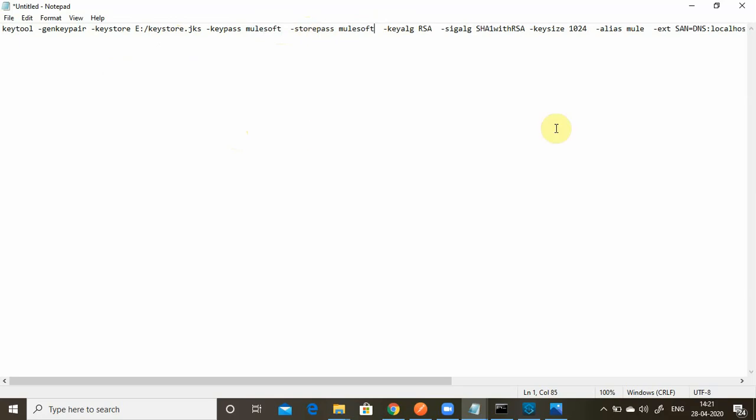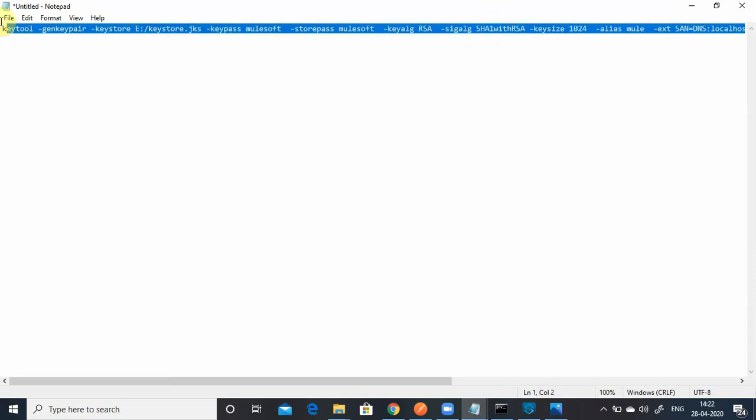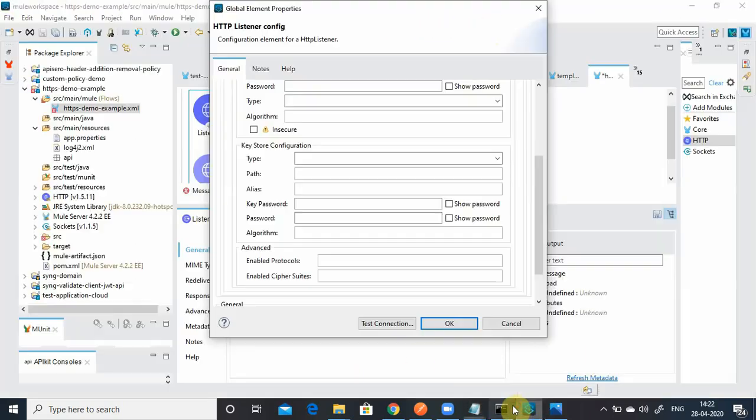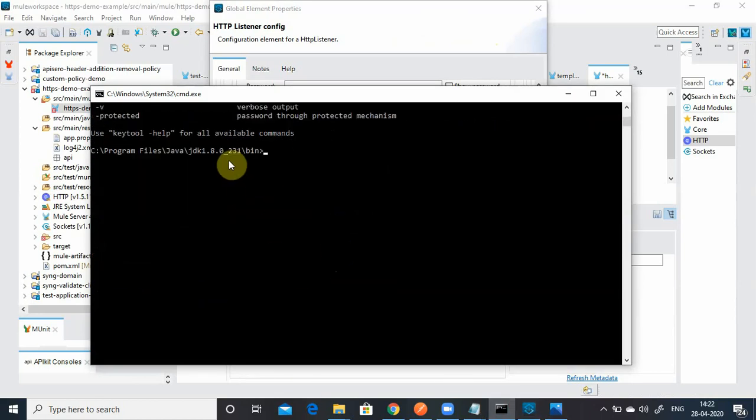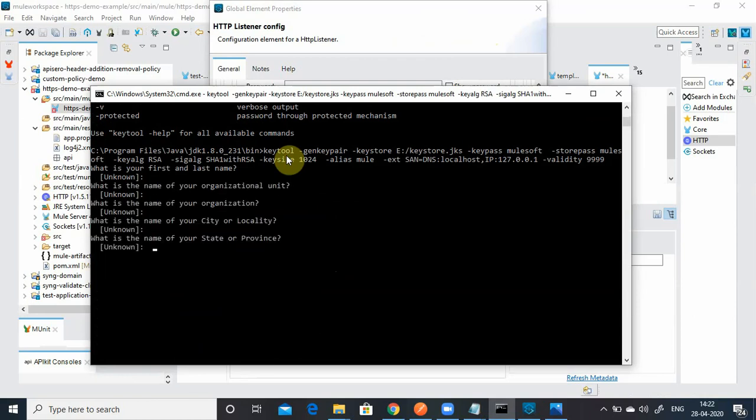The algorithm will be RSA, with signing algorithm SHA-1 with RSA, and a key size of 1024, 2048 or 4096, an alias, and the allowed DNS, which is localhost 127.0.0.1. Copy this command, and make sure you have keytool in the JDK bin. Paste the command and enter it. If you want to put first name and last name you can, otherwise ignore this, and say yes.